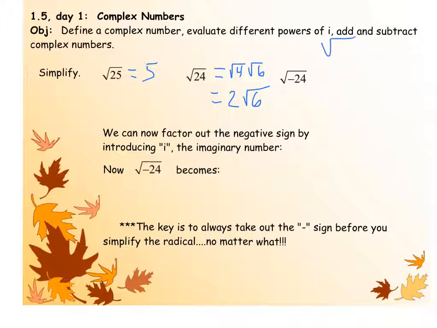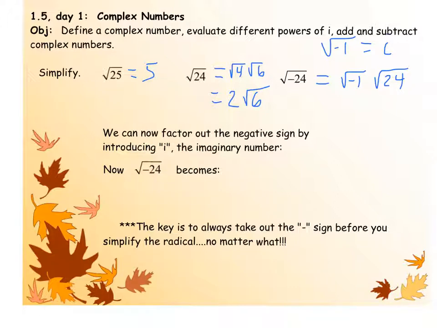Things are a little bit different here because we have to go outside the real number system to answer the question of what is the square root of negative 1. The real numbers are not sufficient to give us an answer to the square root of negative 1, so we had to go to an imaginary number such as i. The best approach to take here is always just get that negative 1 taken out